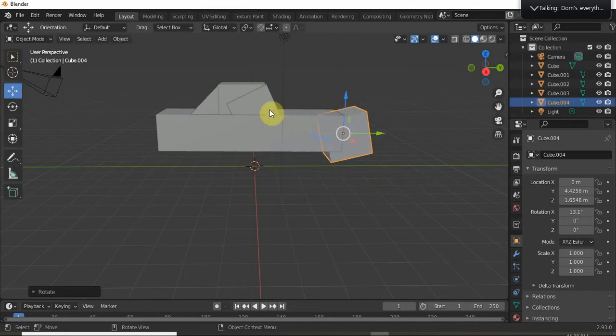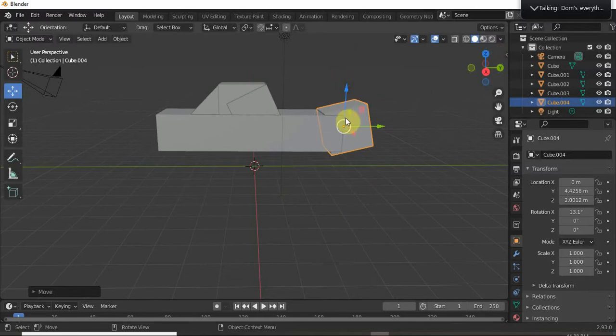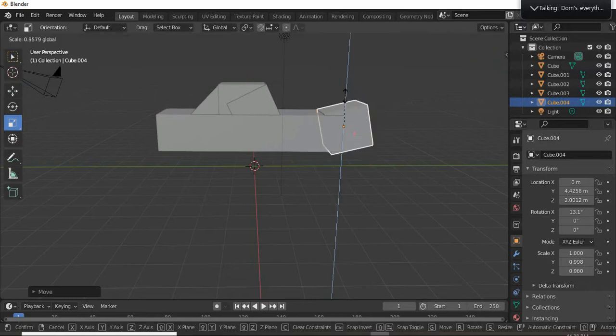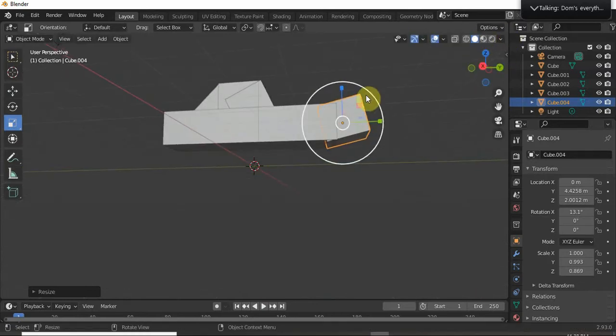So I can move the back up. Now I'm gonna scale it just to make it a bit skinnier so it will fit